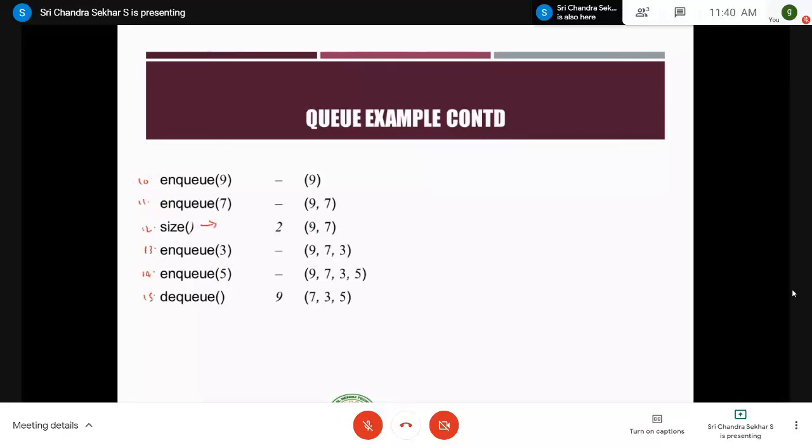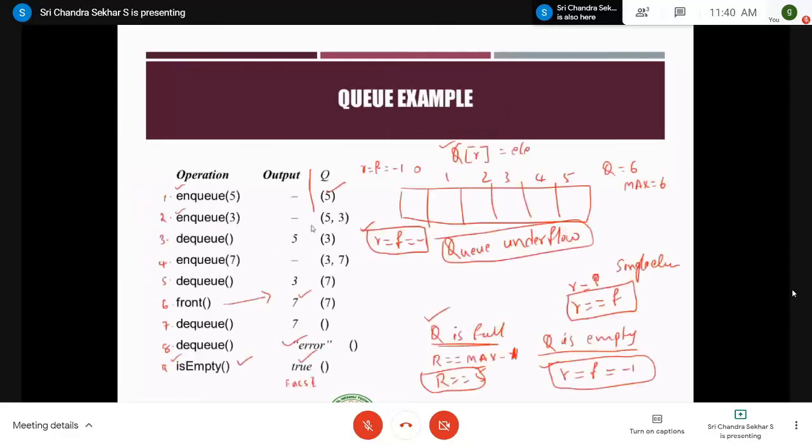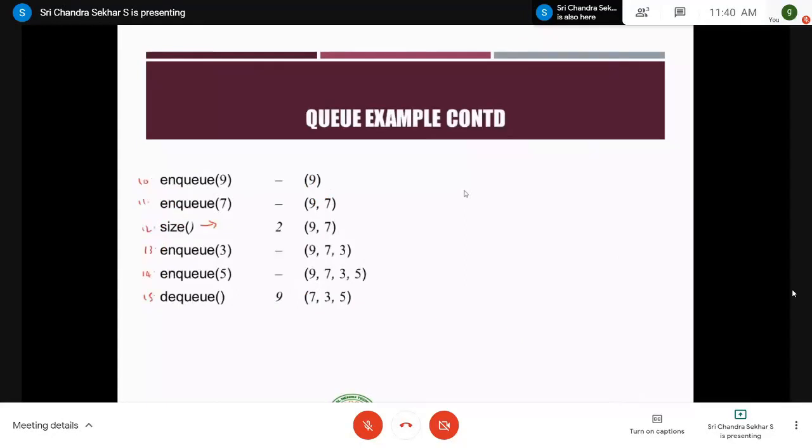For the first two operations, that is the 10th and 11th, NQ of 9, so the first element is 9, and the second, the 11th operation, is NQ of 7, it is 7.